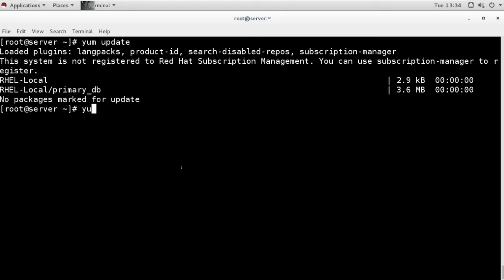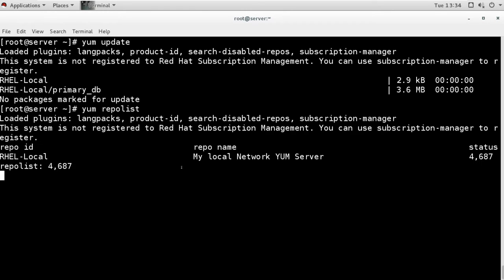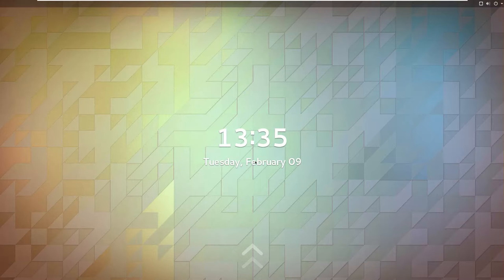You can check the yum repo list command also, and it is now getting your network yum server. So this is for the server itself, but this is the same file you have to create on all the client machines. All the client machines, that means this client machine also.